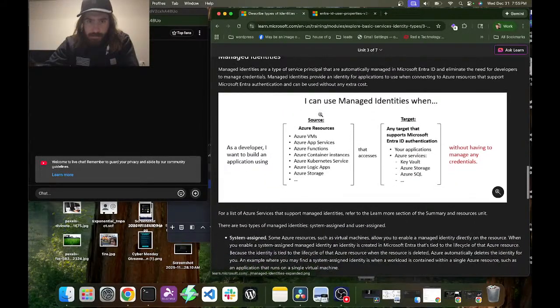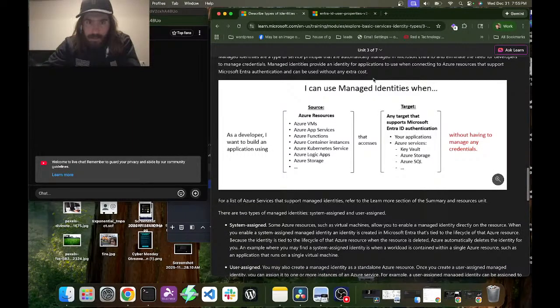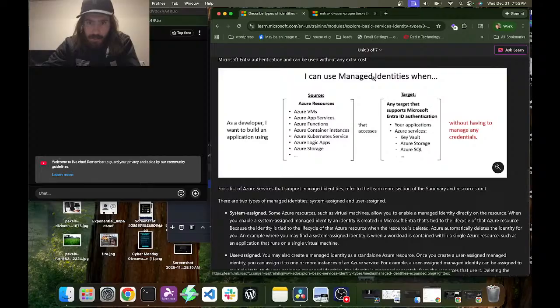Managed identities. Managed identities are a type of service principal that are automatically managed in Microsoft Entra ID and eliminate the need for developers to manage credentials. Managed identities provide an identity for applications to use when connecting to Azure resources that support Microsoft Entra authentication, and can be used without any extra cost.